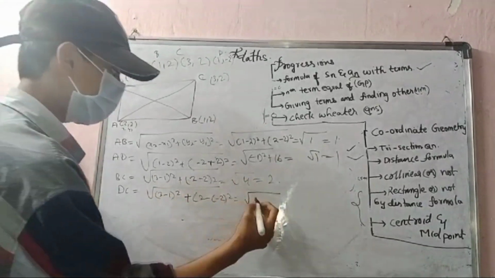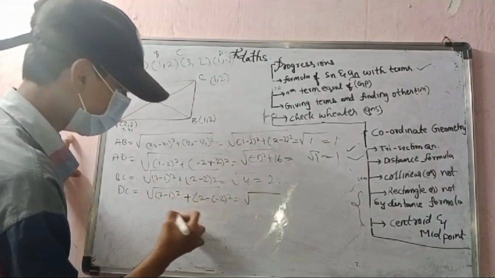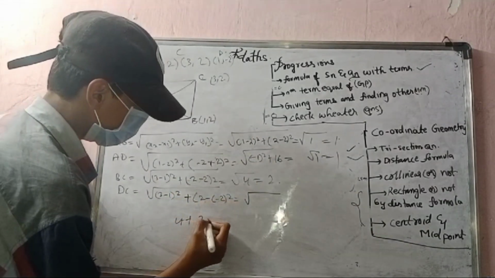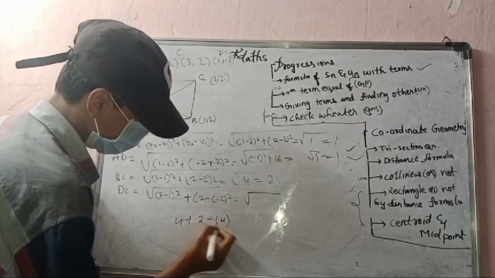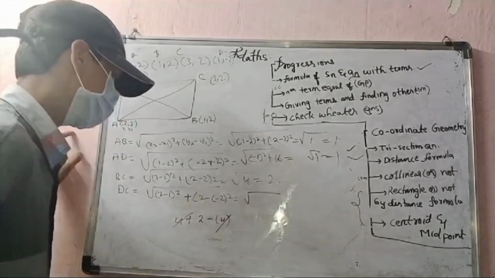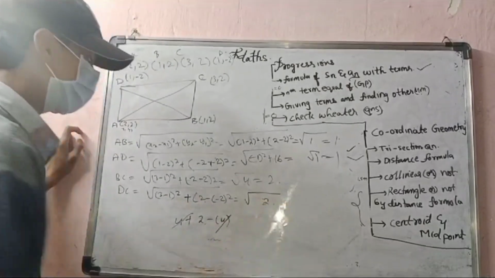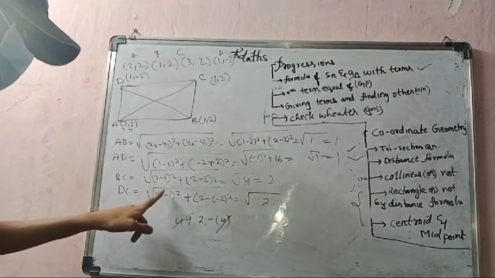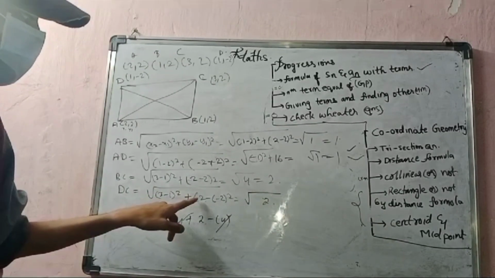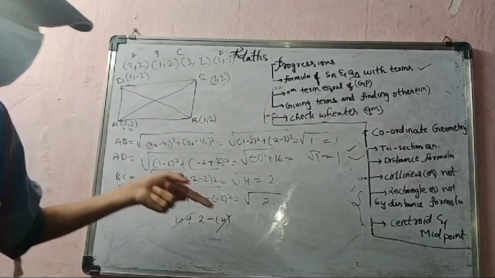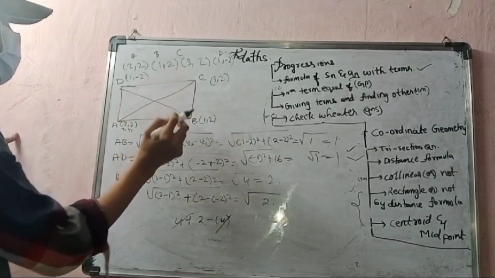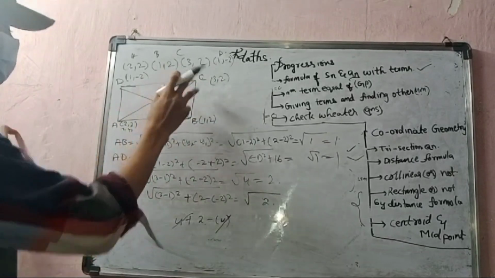Now here see, 3 minus 1 is 2, 2 square is 4. 4 plus 2 minus 4. So here minus 4 plus 4 cancel, 2. Root 2. Correct only, one step. This will be 3 minus 1 is 2, square 4, 4 plus 2 minus 4. Correct only, root 2. Now like that only you find DB and AC. Similarly you find all.